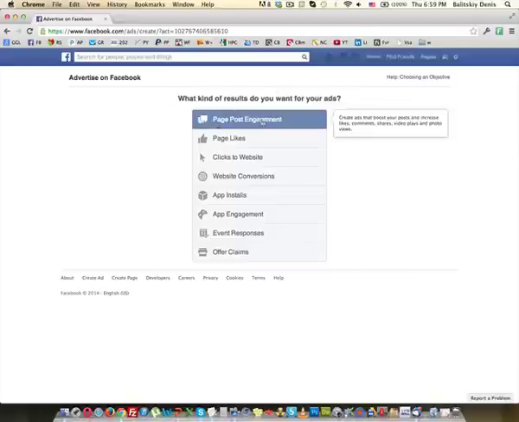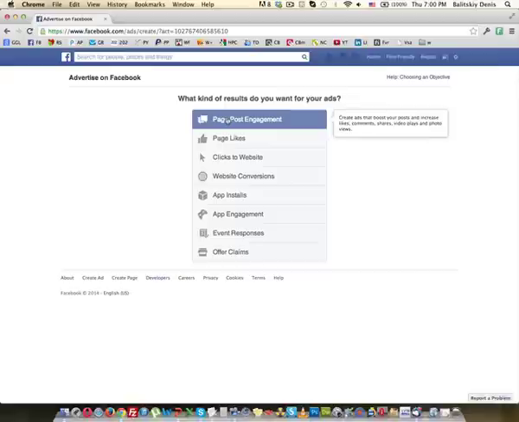The first option is page post engagement, and actually nobody is using this. Okay, super affiliates would never use this button. Now, why wouldn't we use this? Well, because it will give you more shares and comments and likes. Now, here's one thing you need to understand: nobody eats the likes. You don't need the likes. Okay. Why? Because it's very hard to monetize those likes in the first place. So actually, nobody would drive those likes just for having them.